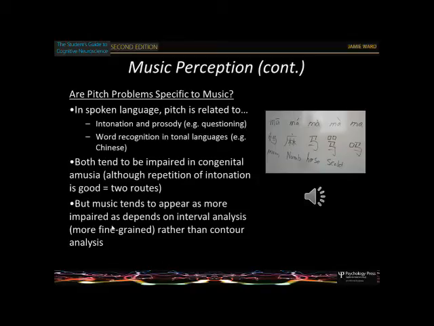So again, what we find is that music tends to be more impaired simply because in music you have to know, for instance, whether a note is going from C to G. It's not just enough to know that the note is going up. You need to know what the difference is in order to figure out whether that tune is correct or incorrect. And for language, you don't need that. You can just do it based on the overall contours, and so you don't need that kind of finer analysis.